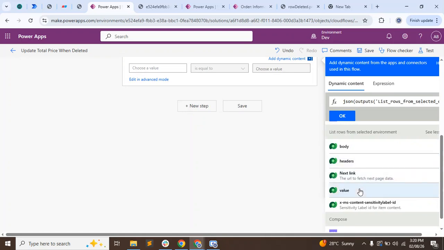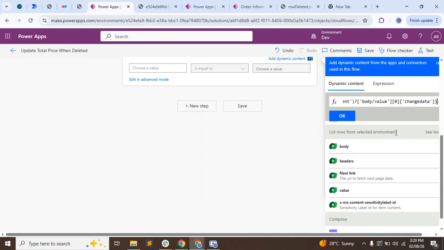So as of now I will pass the value, and then from value I will collect the zero index change data,